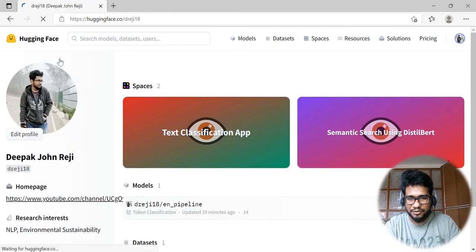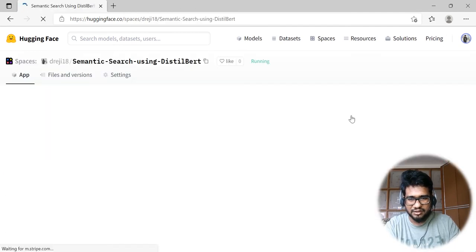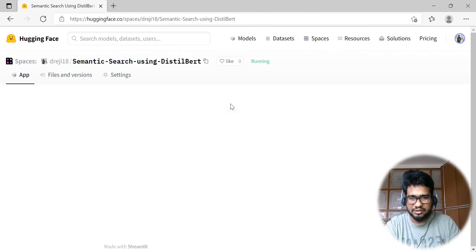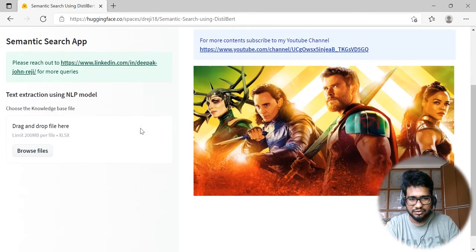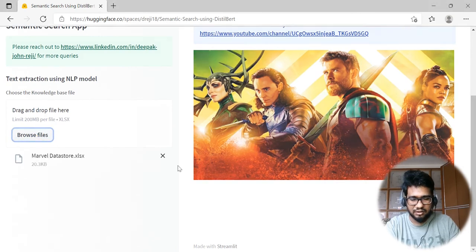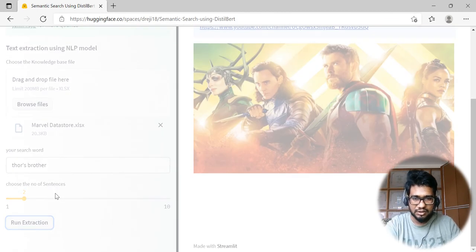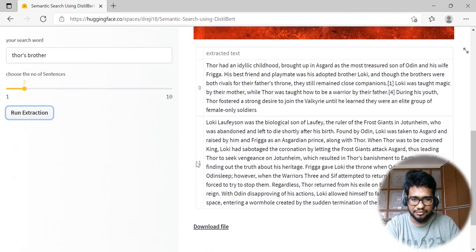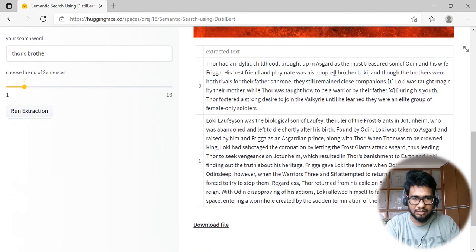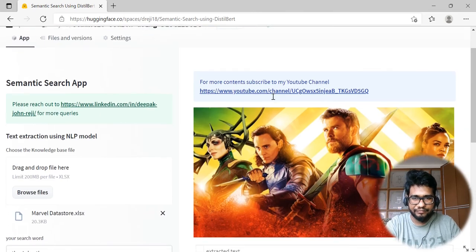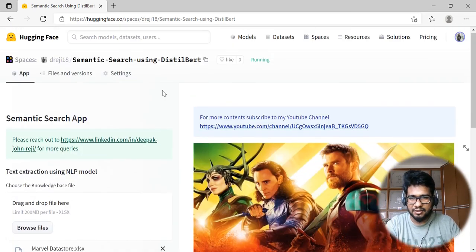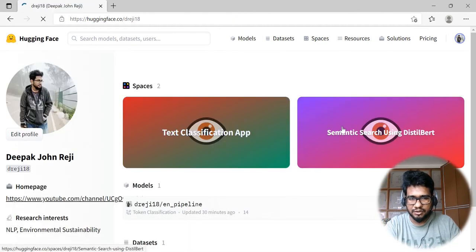I would like to show you one more example which I just created. This is a semantic search app which I've recently pushed. If you just ask a question, it's more like semantic search. It will pull the results from the data and show it. So this is the application, and similar to that you can use the other one also. I just hosted my two applications here at this point.